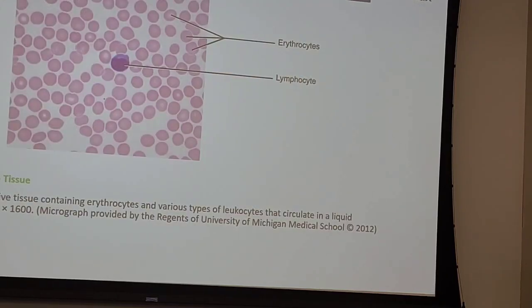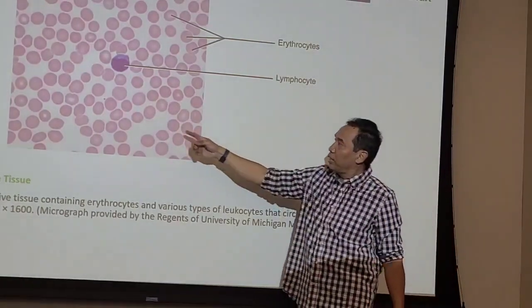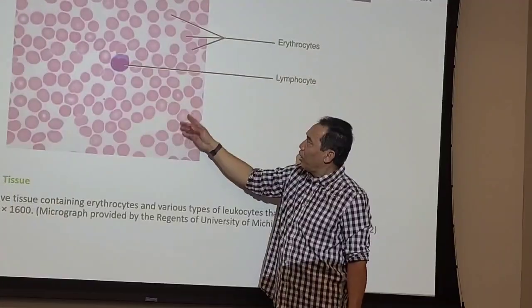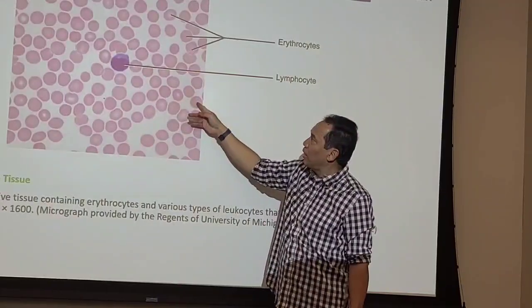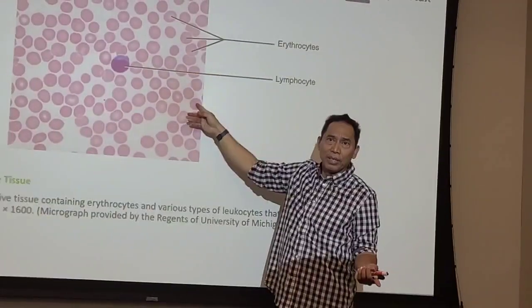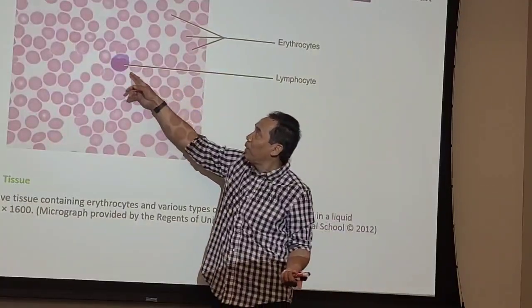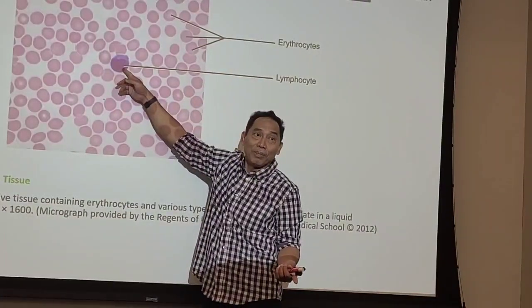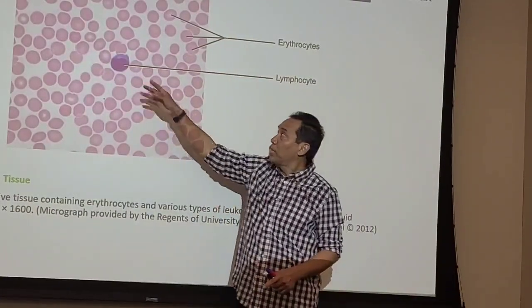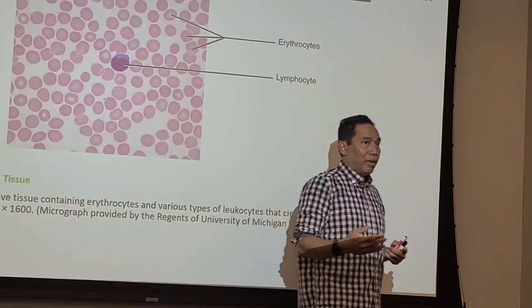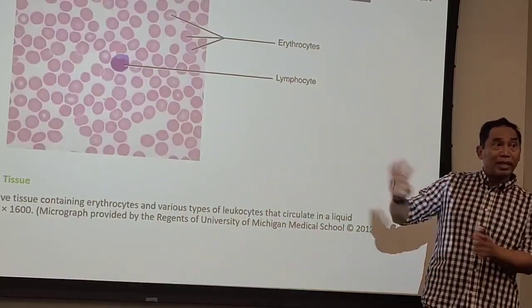This is blood. Again, you saw this in the lab last time. Blood has a liquid matrix, ground substances, and then millions of these cells. This cell does not have the nucleus. This is the red blood cell. And then sometimes you see a blue cell under the microscope, that's actually a white blood cell. And the white blood cell has a nucleus. There are 5 different types of white blood cell. We're gonna learn that later.